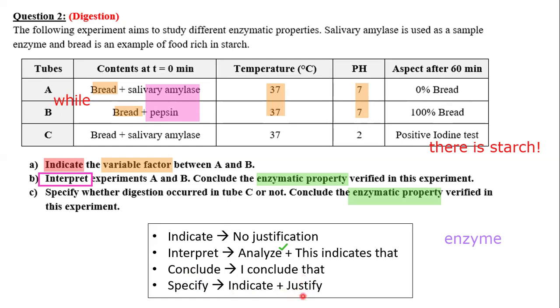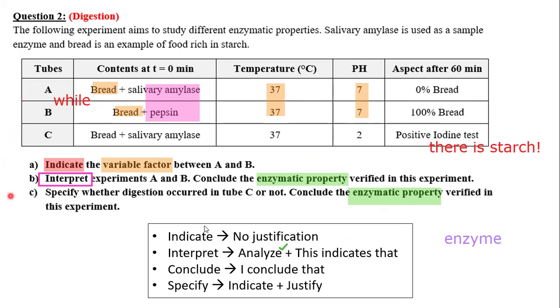Specify يعني I have to justify. بقول له since. Okay? وأنا أكيد دايماً I prefer when you justify, you analyze the experiment. يعني since when we placed bread with salivary amylase at temperature 37, pH 2, we got a positive iodine test showing that starch remained, the bread remained. ما اختفى الستارش. Digestion did not happen. شو الانزيماتيك property؟ أكيد something related to the pH. تمام؟